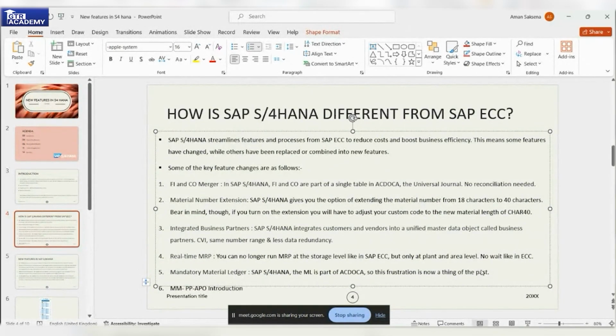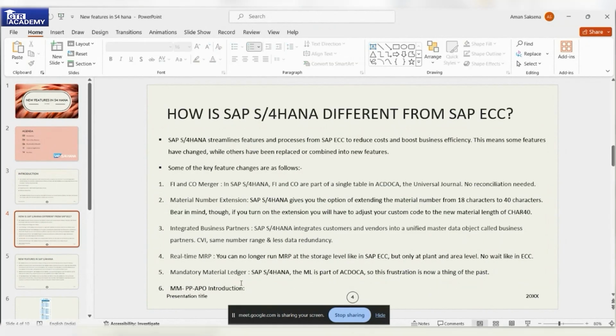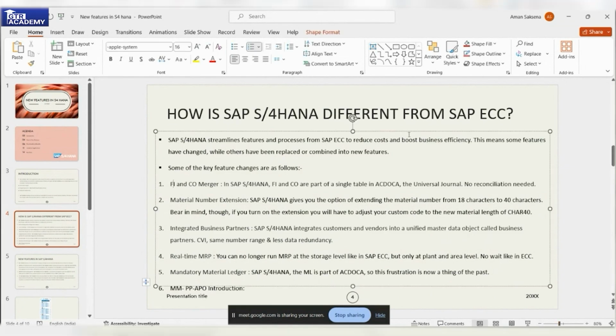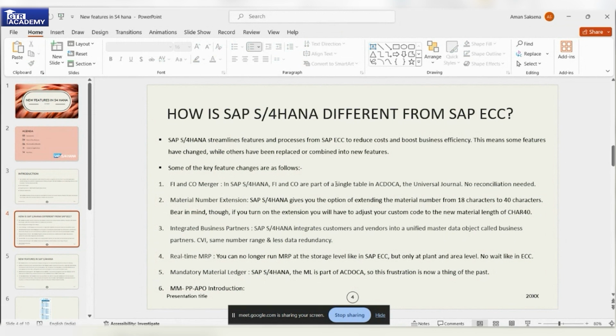Introduction. This I have explained already. I'll share the PPT or the PDF with you. Then I'll put down the details for it. Okay. So on the first point, the change that has been placed in SAP S4 HANA